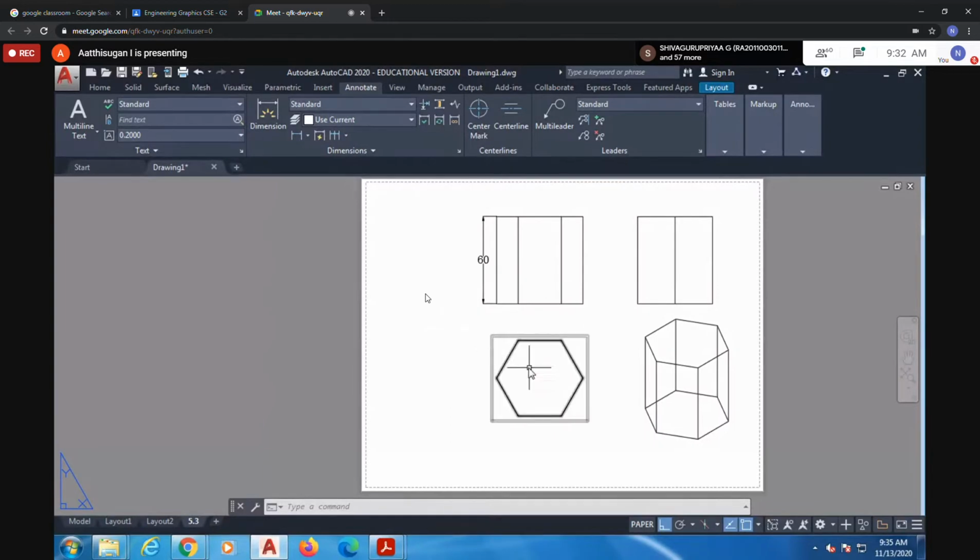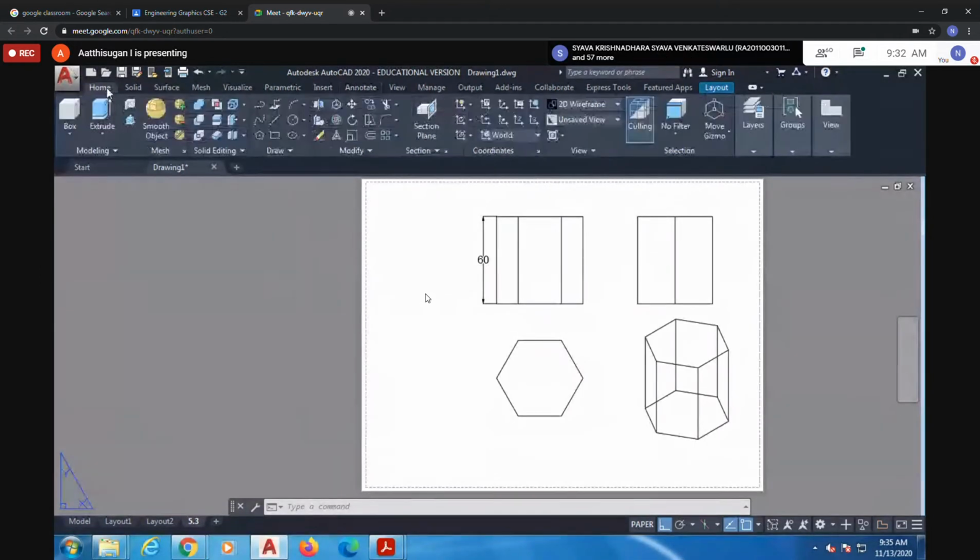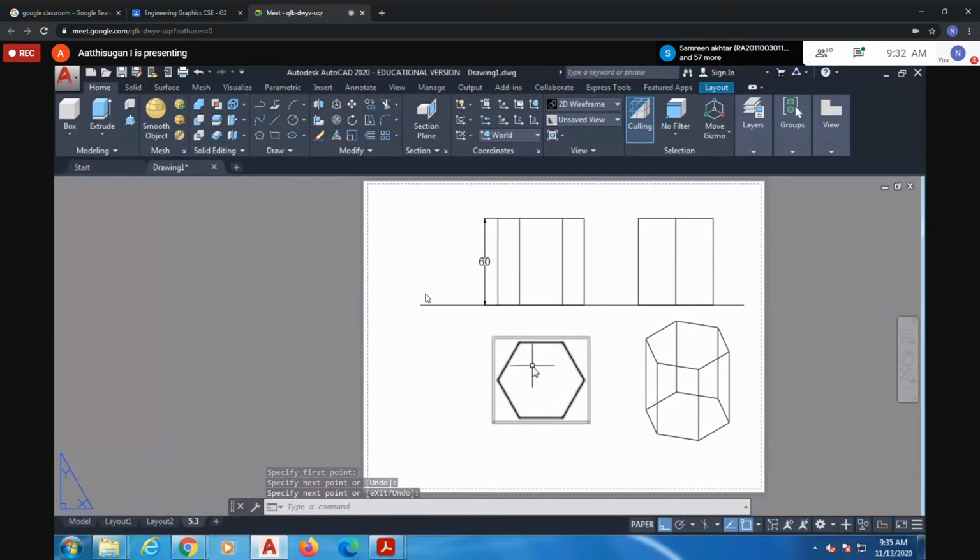So normally imagine it is resting on the ground. With projection, you are able to see the front view only, on XY. For the top, you can take some distance, but there isn't any distance given in front of the VP, above the HP limit, so you can take it approximately. I'm drawing XY here. At the top, I can see some labels. I'm giving the top surface visible. I'm going to give some label here, which is important.